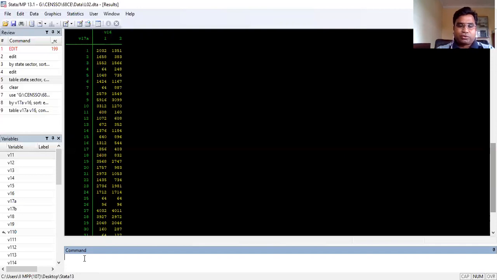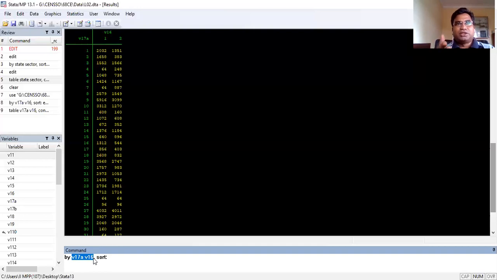So if I want to generate the total number of persons, what should I do? I should take v17a v16, because I want this number for rural as well as for urban areas. So I am using once again the same command. Why I'm using state as well as rural urban is because I want state wise as well as rural urban wise.